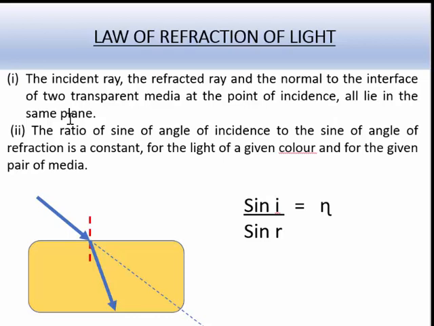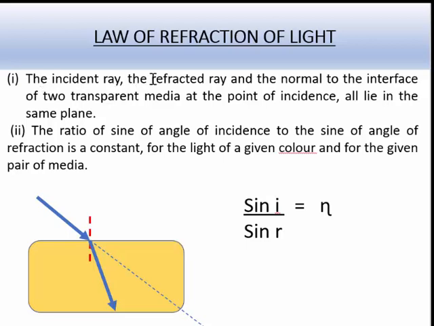What do we mean by this sentence? Look at this. Let's break the sentence down into parts. The incident ray, this blue line is the incident ray, which is incident on the interface of the two media. What do you mean by interface? Interface means the boundary of the two media, the boundary where both the mediums are in contact with each other. So which is the boundary here? This is the boundary of the interface, where the change of the medium takes place, that is the interface.